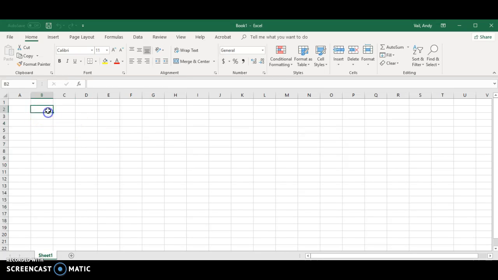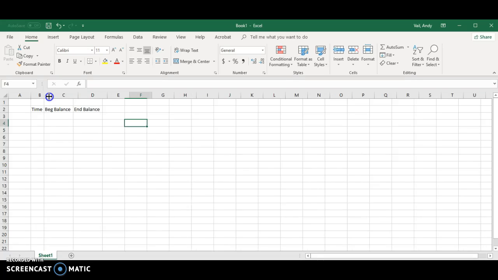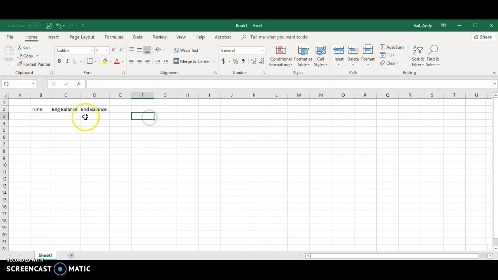So I'm going to just start making these columns, kind of copying what you have in 22. I'm just going to make a time column, a beginning balance column, and I want to make an end balance column. And I work a lot with Excel, so if I do something that confuses you, I'm very sorry,